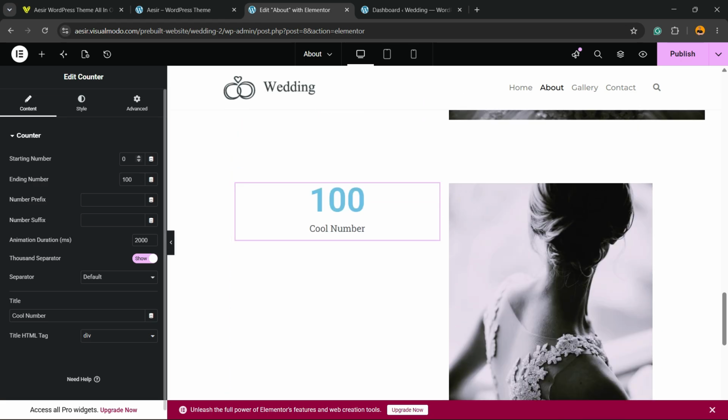The start number can be 0, the end number can be any number you want. Number prefix, for example, just like this. All up to you, okay? Number suffix,